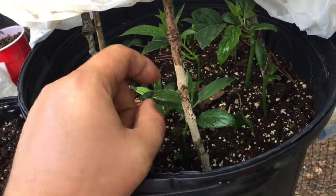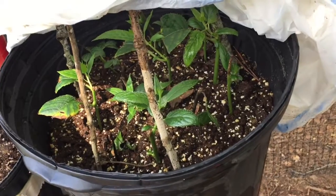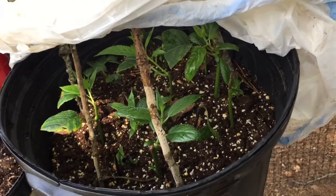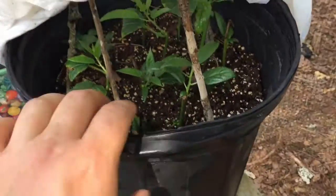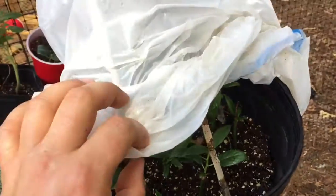So these are taken, and all I did was I stuck them in this pot. No special soil, no special hormones or anything. Now I've got to edit these videos because it just cut out on me, so sorry if I repeated anything. I stuck them in the pot, 2 nodes below the soil, 2 nodes above, and I took a garbage bag,